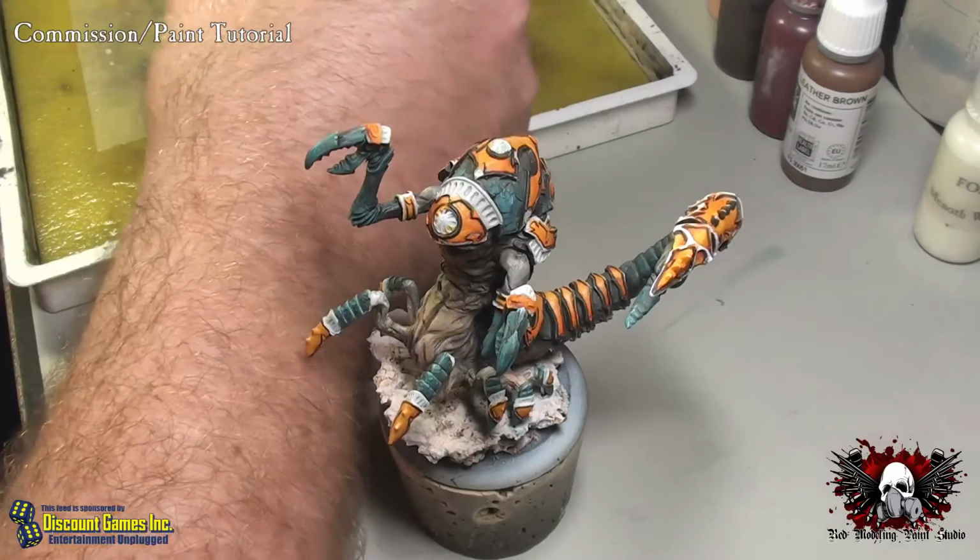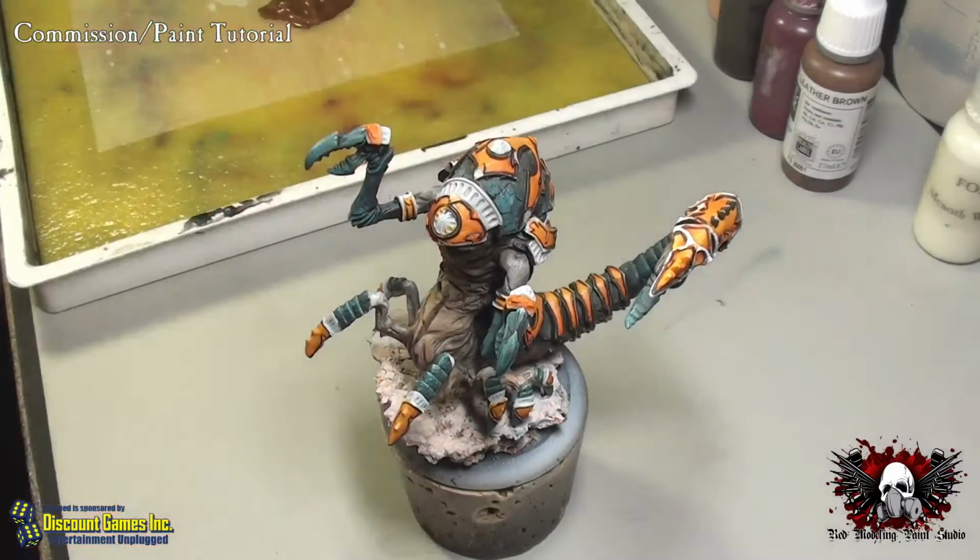So you have to be realistic, and I think you have to just accept the fact that some miniatures are going to look better than others, and you've got to take some shortcuts to get things done. So what I tend to do when I'm painting is